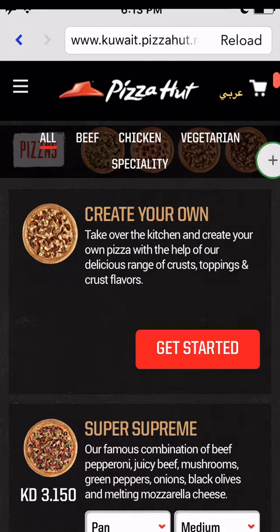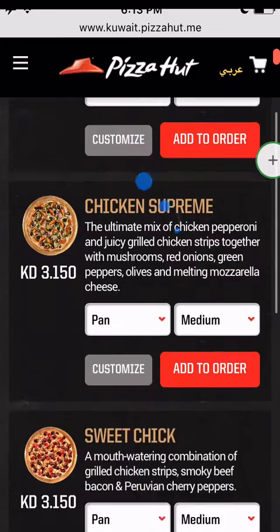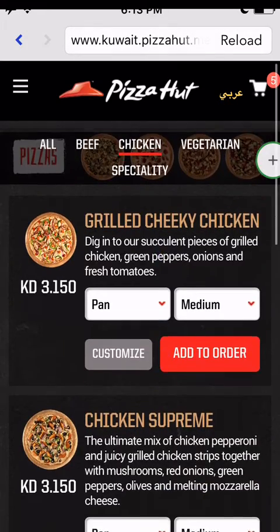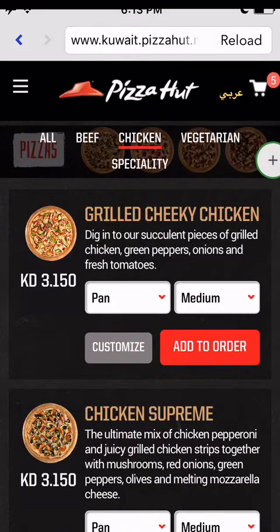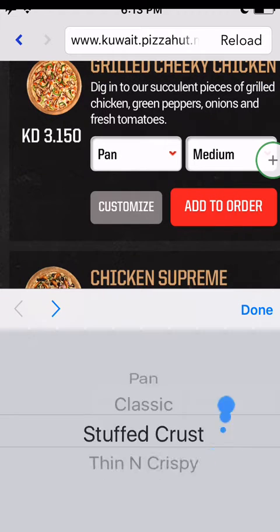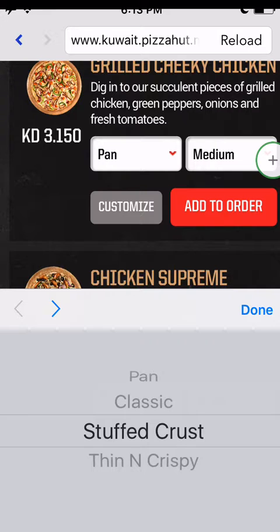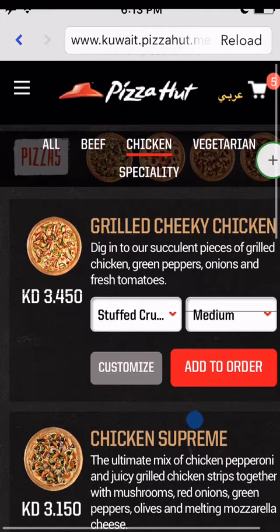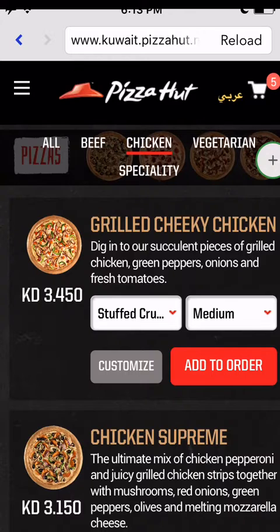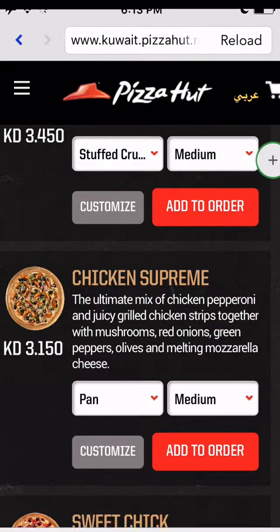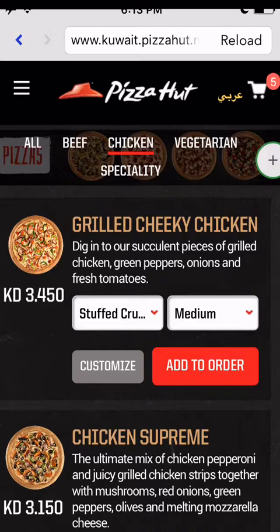Okay, up above we also get beef, chicken, vegetarian, specialty, so we can actually narrow down the type of pizza that we want. So in this sense, I think it's pretty well thought out and pretty well executed. In terms of customization, it's also very easy. Even if you just want to make some quick customizations, like right here, choose the type of pizza and the size, and then add to cart, or you can go overboard and tap the customize button and just go through the different